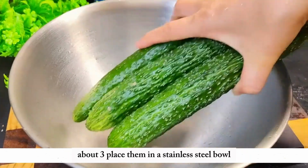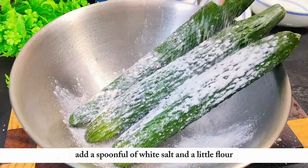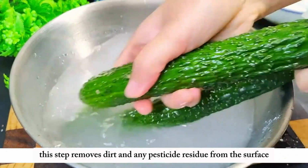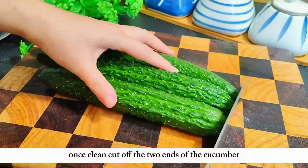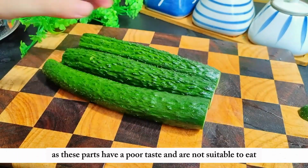Place them in a stainless steel bowl, add a spoonful of white salt and a little flour, and pour in water to wash the cucumbers thoroughly. This step removes dirt and any pesticide residue from the surface, and rinse them under running water. Once clean, cut off the 2 ends of the cucumber, as these parts have a poor taste and are not